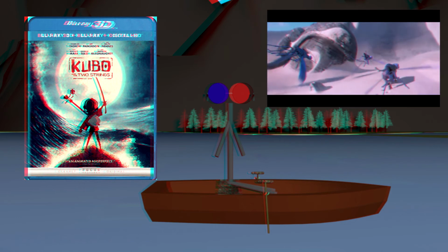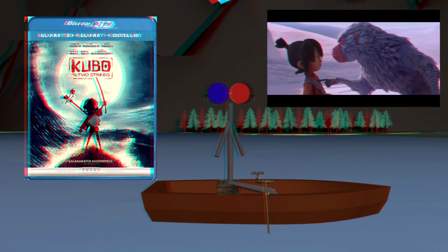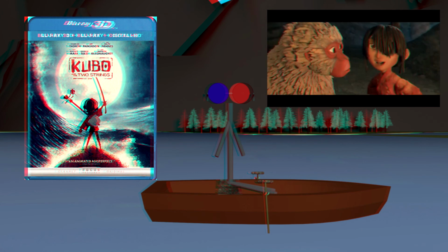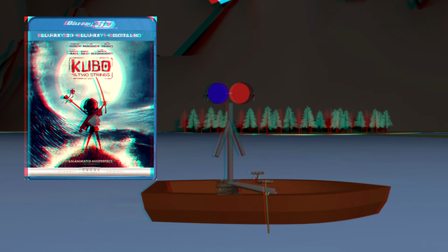There's just something off about those moments. I can't really put my finger on it, but you can tell they're definitely pushing it. And there is one particular moment where I don't know if it was an accident or intentional, but the character Beetle, played by Matthew McConaughey, shoots an arrow at a fish because they're fishing off of a boat, and the way the 3D is done, the arrow and the fish look like they're bigger than the boat is,